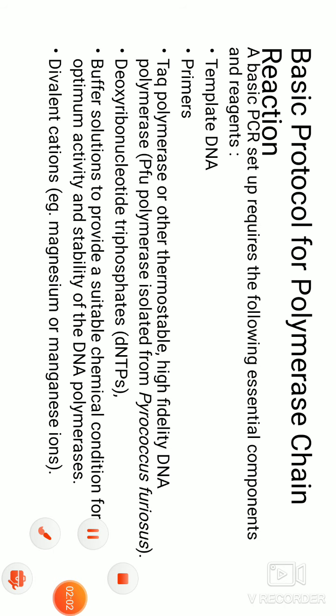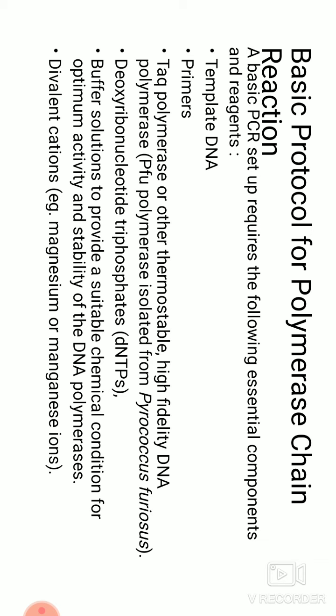Now, how do you conduct a PCR? You need to have certain components of PCR, for example, the template DNA. That means, for example, if you are isolating a gene fragment or some promoter region of, say, 500 base pairs from the yeast genome, you have to have the template DNA, so isolate the genomic DNA of yeast. And then if you know the sequence of the genomic DNA, you need to have primers.